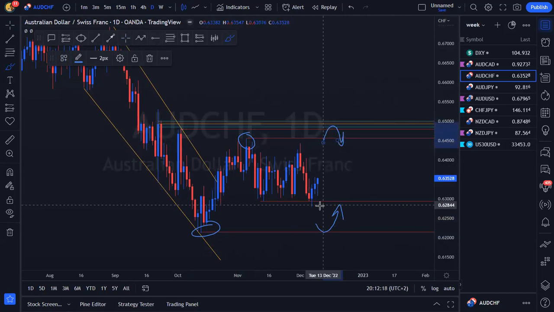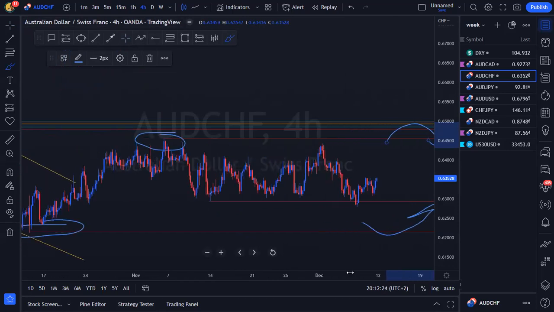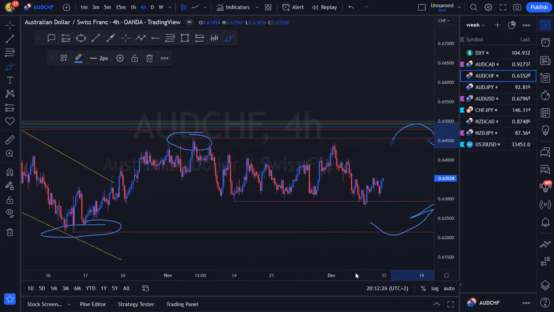Where are we? We're somewhere in the middle of our extreme high and our extreme low. So if we're in the center of some sort of a range, the only thing we can do is look for chart patterns that increase the probabilities of us making a specific decision. If we don't find any chart patterns, then we can't be doing anything. Otherwise, here on a 4-hour,